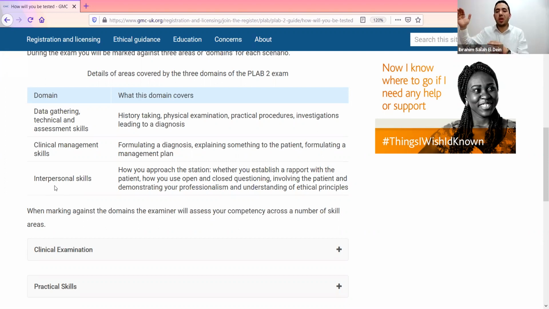You don't need to memorize books for ethics and the rights of the patient, but you need to just memorize specific stations, the ethics of a specific station, or the rights of the patient in some specific station, and we will mention it later also. Okay, so interpersonal skills,